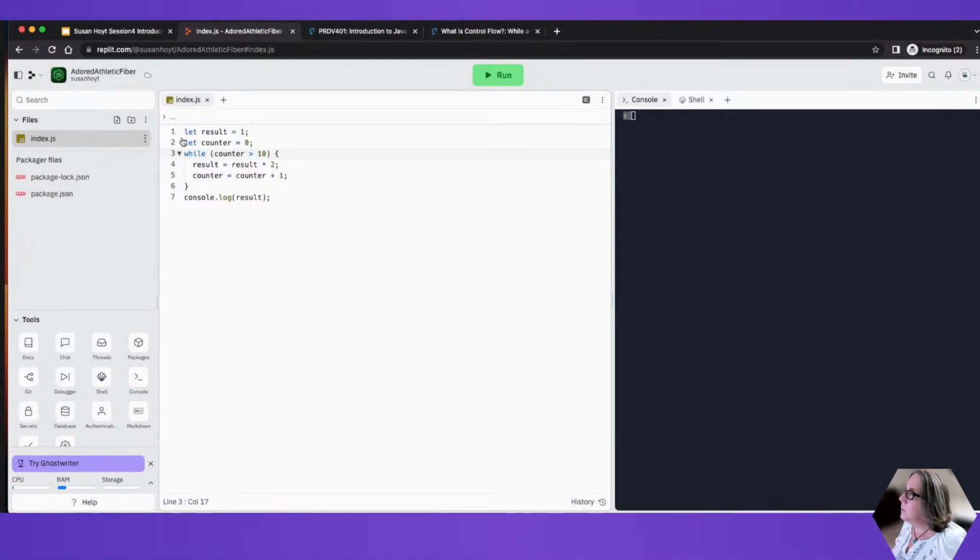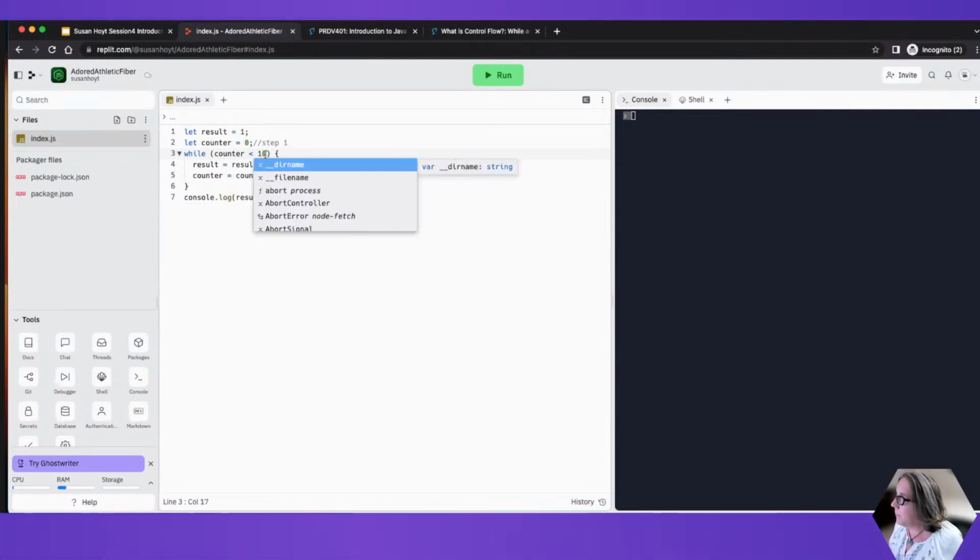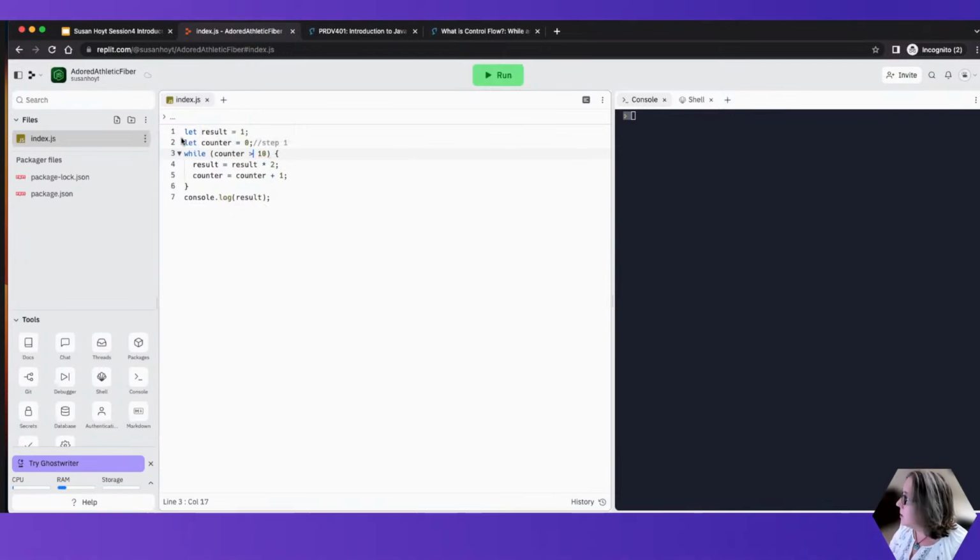And so if you notice here, what did my counter start with? This is my step 1. My counter started at 0. So is it ever even going to get into this loop? No, it isn't, because 0 isn't greater than 10. So in your mind, when you're thinking, okay, I need to finish this loop when it's greater than 10, always think about, okay, well, I want it to finish then, but when do I want it to go through the loop? So that you make sure you get the less than or the greater than in the right way. Because watch, if I would have done greater than here,